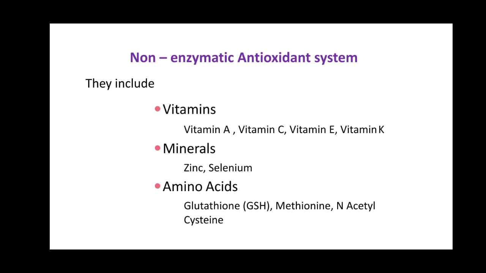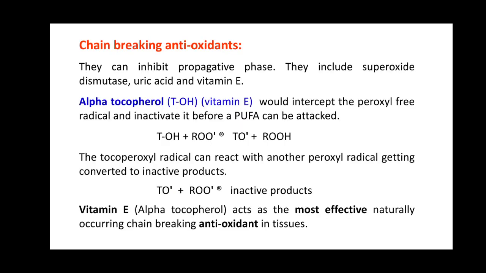And next, the non-enzymatic antioxidant system. They include vitamins, minerals and amino acids. The vitamins are vitamin A, C, E and vitamin K. Minerals are zinc and selenium. The amino acids include glutathione, methionine and N-acetylcysteine. A few vitamins have antioxidant activity and help in detoxification of these free radicals,